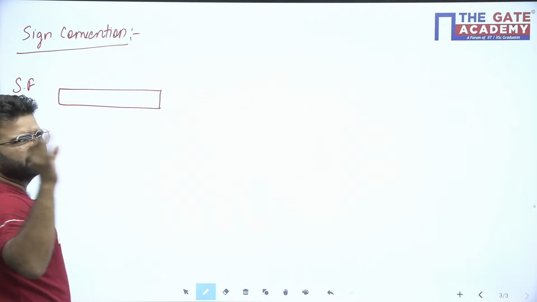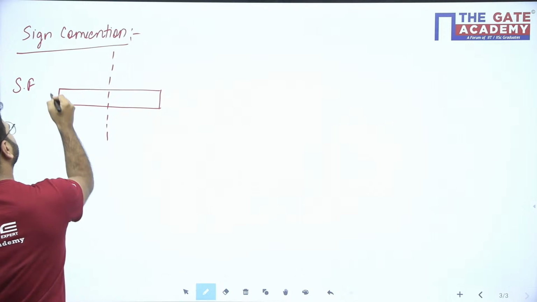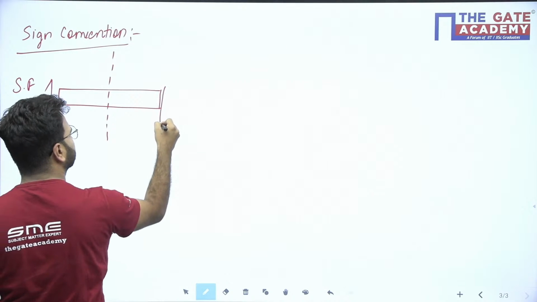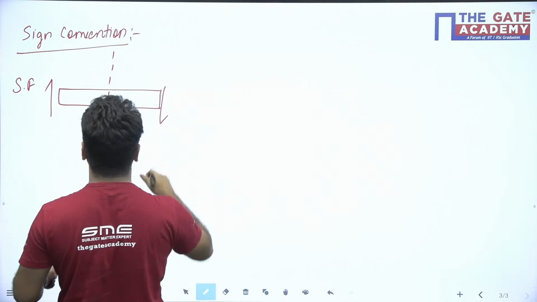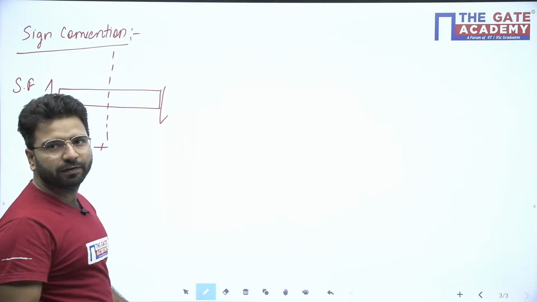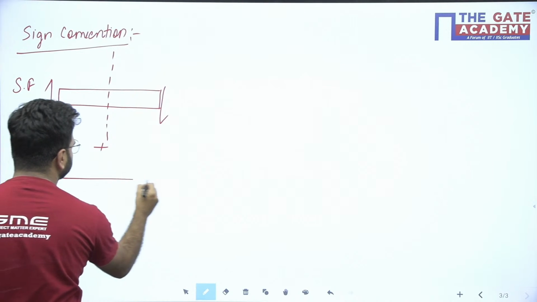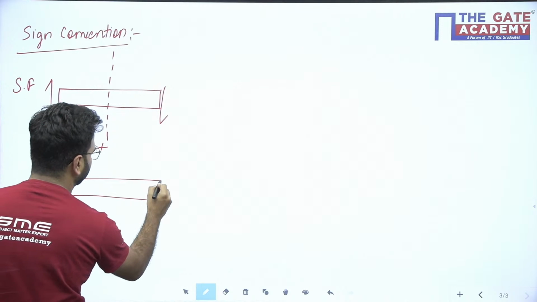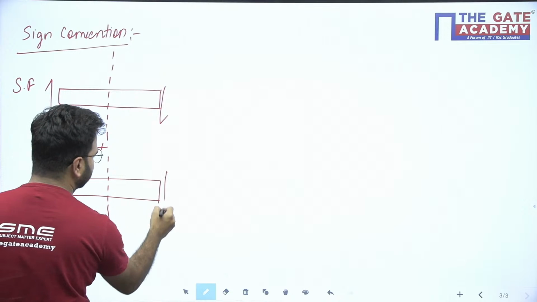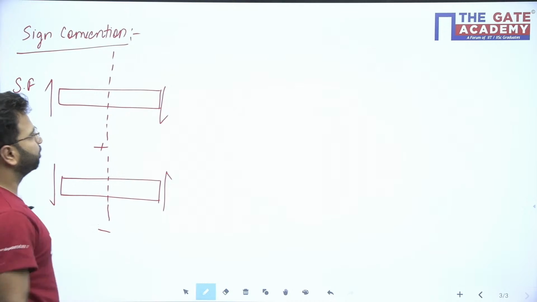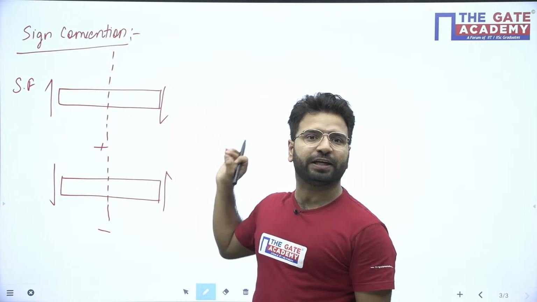If this is any beam, let us say I cut one section here. So this side shear force is positive, meaning if you are seeing the left side, upward is positive, right side downward is positive. It's up to you. Second is left side downward, right side upward. This is negative. This is completely your choice, but we will follow this sign convention because most of